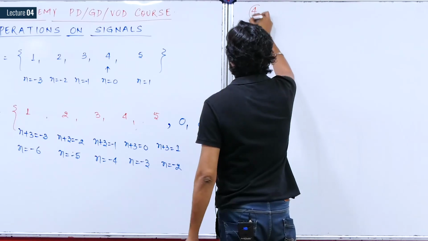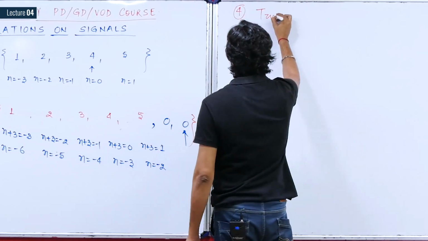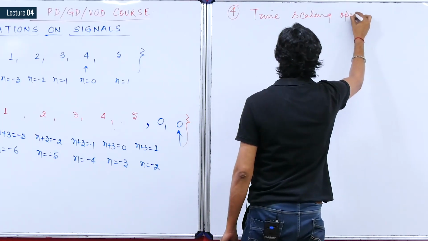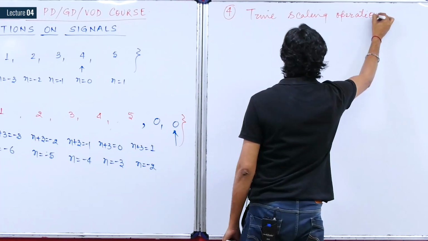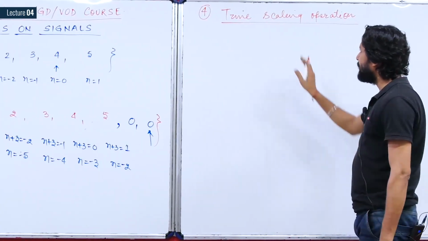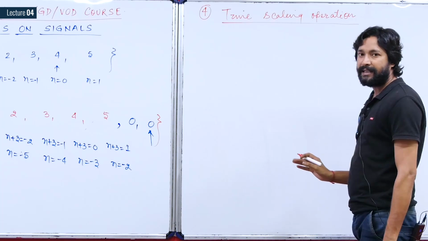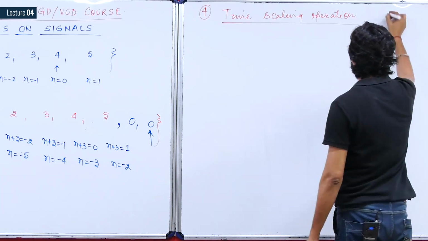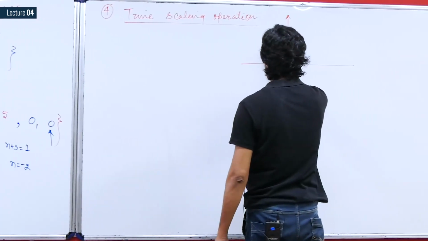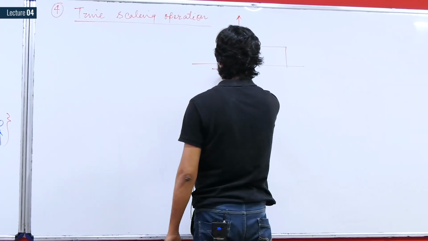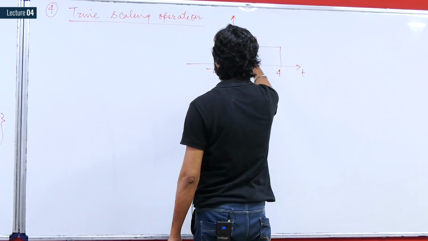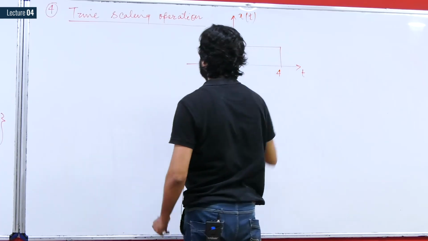We are taking now the fourth operation, that is the time scaling operation. At first we will be discussing it for continuous time signals. So if we are going to take the time scaling operation, then for any given signal x of t, for your convenience, again we are going to take an easy example, let it be from -2 to plus 4. Let it be the signal x of t with respect to t having value 5. Let it be our signal x of t.